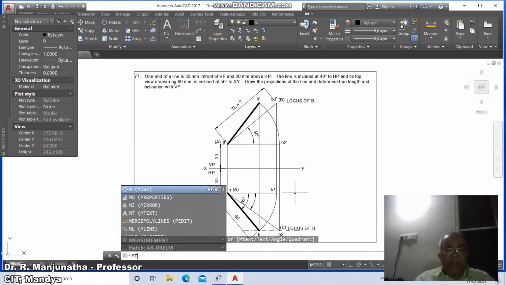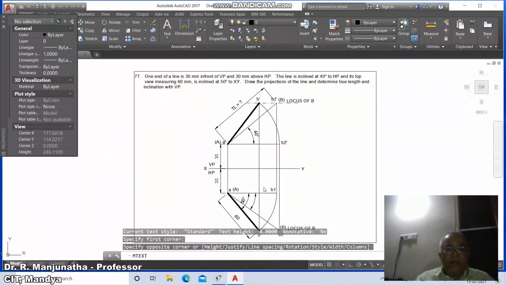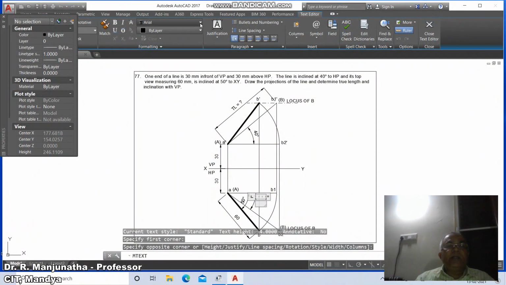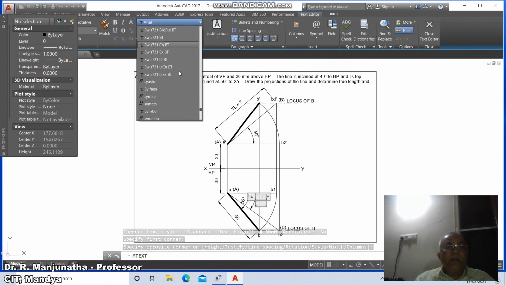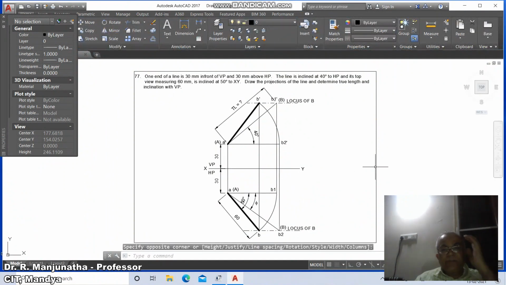Then go to M text. So select the upper one corner box, then come down to symbol and click on symbol. Here it is, put the caps lock off and type small letter f. So you will get fit. Fine. Now we need to write the answer for this.